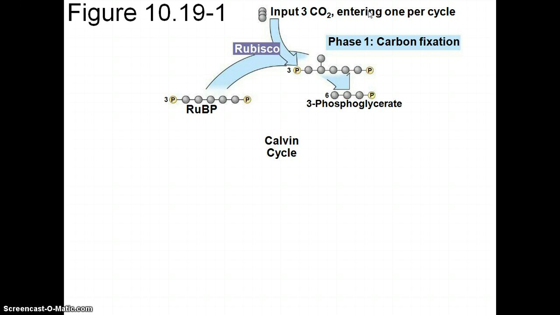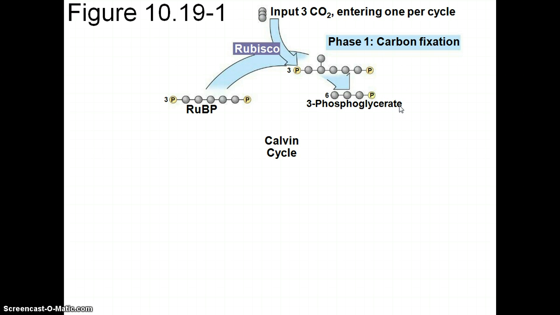They actually only enter this cycle one at a time, but we're trying to get our output of 1 G3P, and so in order to do that, we're going to need an input of 3 CO2s. So the CO2 enters the Calvin cycle, and with the help of Rubisco, the RuBP, we're able to fix the carbon into